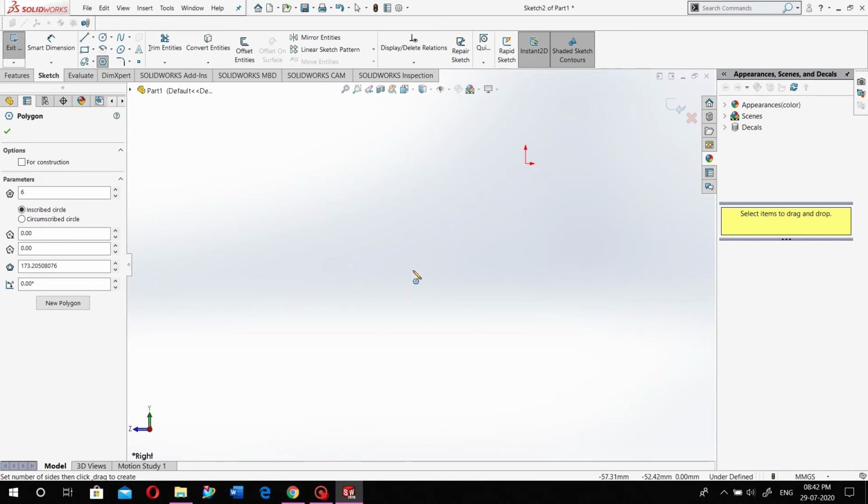It is simple, like a rectangle or a circle. You have to just select one point, and then select the second point, and here you have to give the number of sides.